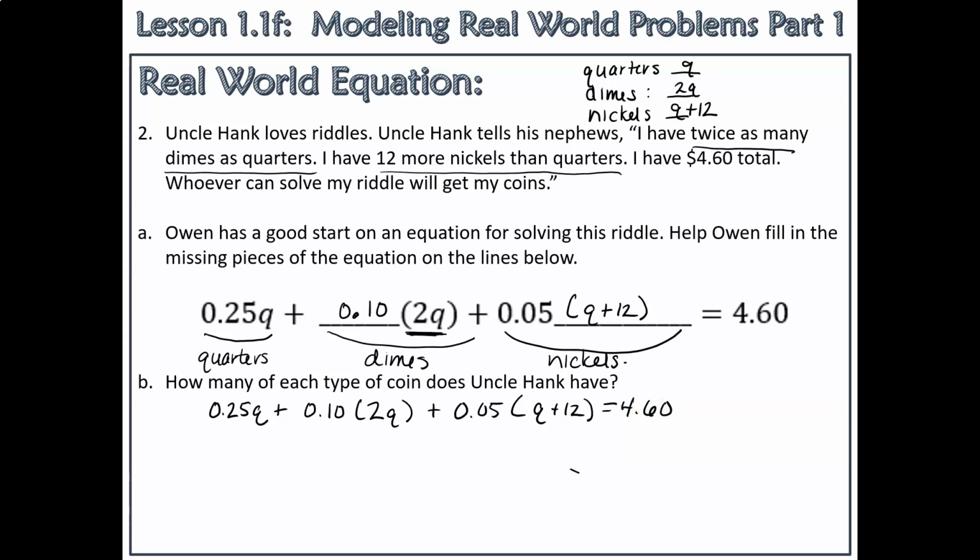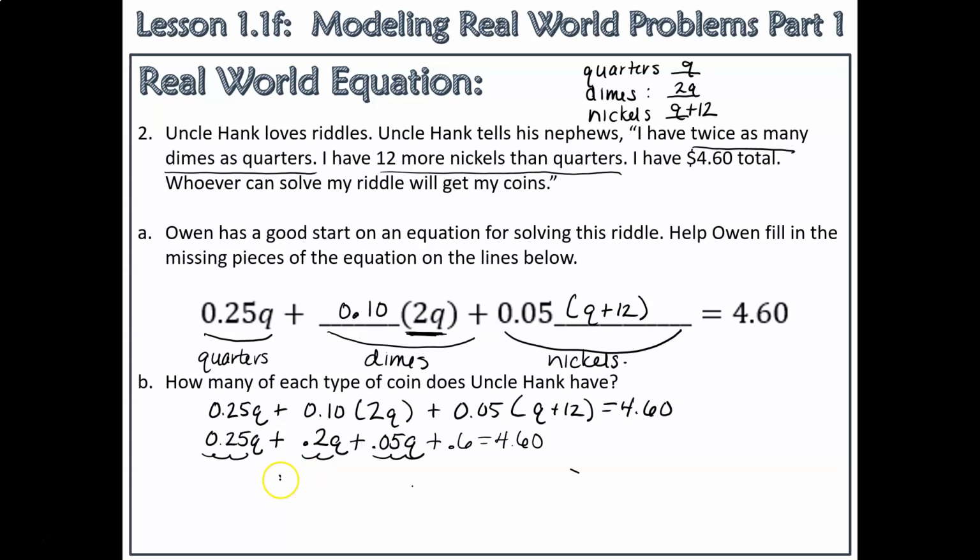Okay, so I have a quarter, 25 cents times Q, and then a tenth times 2Q is 2/10 Q, and then we're going to distribute there. 5/10 Q, and then 5/10 times 12 is 6/10 equals 460. So if you add all your Q's together,